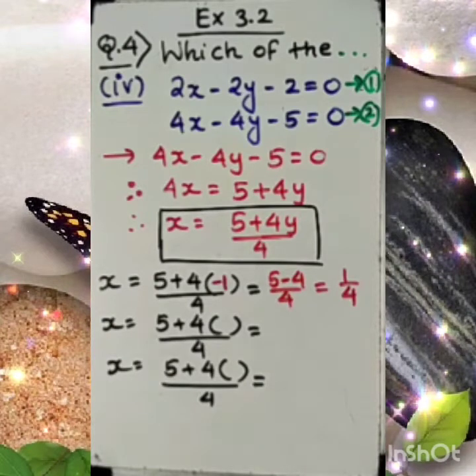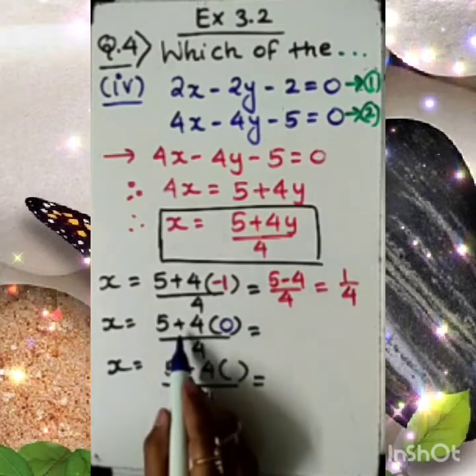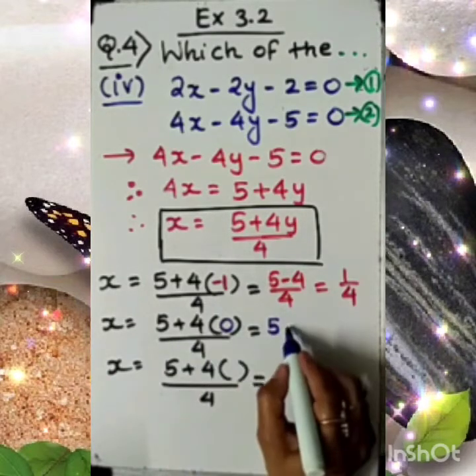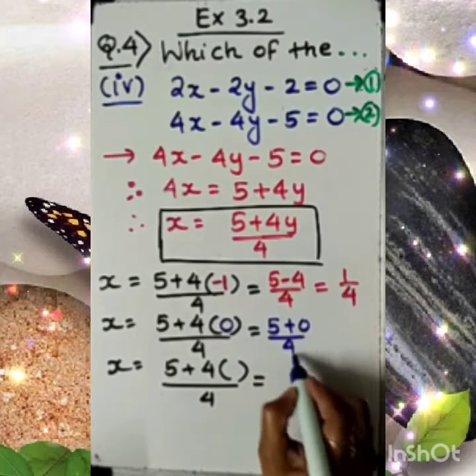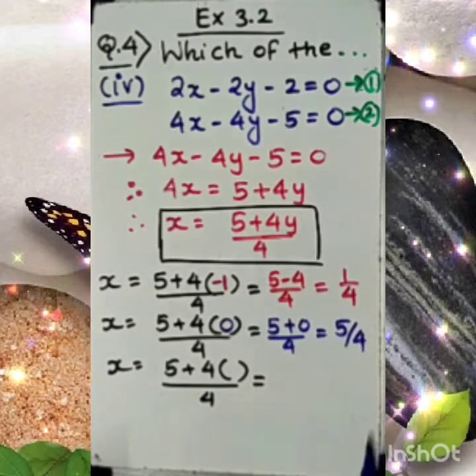No problem. But dear student, you know 1 by 4th is the fourth part of 1 unit. So approximately between 0 and 1, on the smaller lines, we have to locate the point over there for 1 by 4. No problem, we will locate that also. We'll work out one more point. Should we proceed for the 0? Let's work it out. If we proceed with 0, of course 4 into 0 gives the result 0, so it will be 5 by 4. So where to locate 5 by 4? That also I will teach you. Don't worry. Now, one more point is compulsory to take.